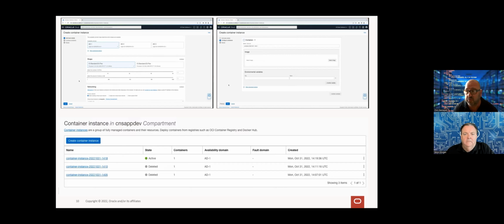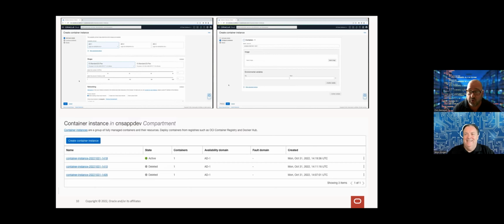So to basically get going, you just need an account. You set up a network, and we have a wizard that helps you set that up with your network range. You set up your security policies, and switch on free tools like CloudGuard to help you protect. Then you build your cluster and away you go. And I guess with container as a service, you don't need to build the cluster because the cluster is already built for you. All right, one less thing to do.